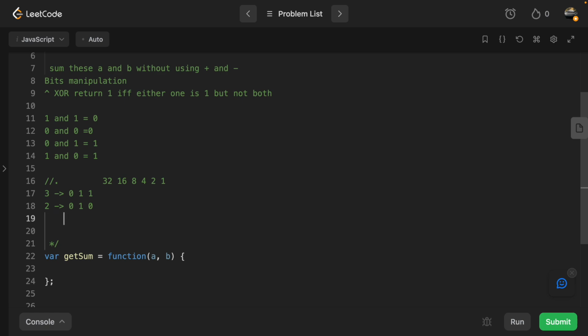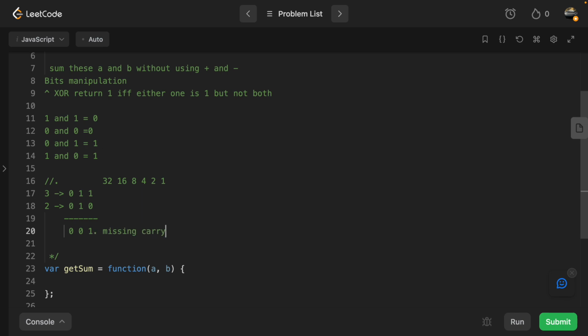When we use exclusive OR in bit manipulation, as I mentioned before, it has to be if and only if either one is 1 but not both. So in our case, 1 and 0 will return 1. 1 and 1 will return 0. And here we return 0 as well. This is perfect except 1 and 1 here return 0, but we also have a carry of 1, and the exclusive OR operator doesn't care about the carry. So we are missing